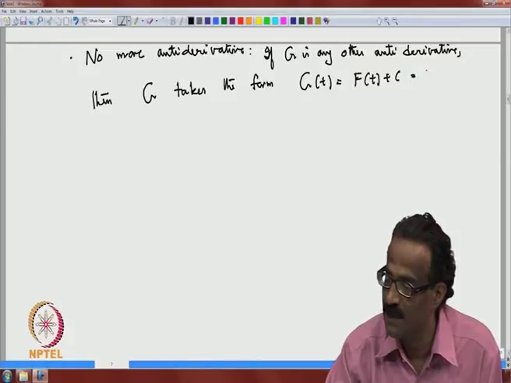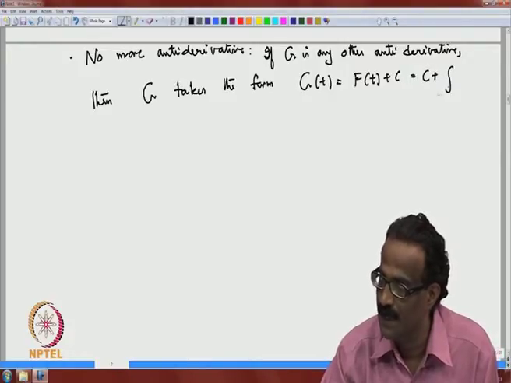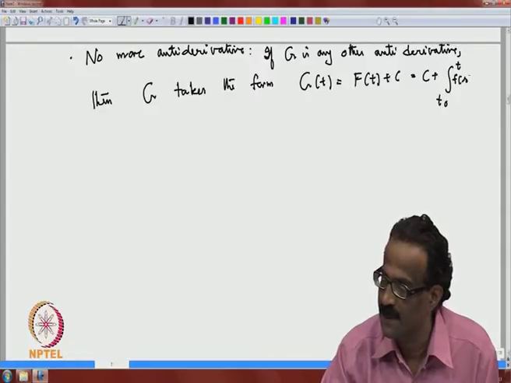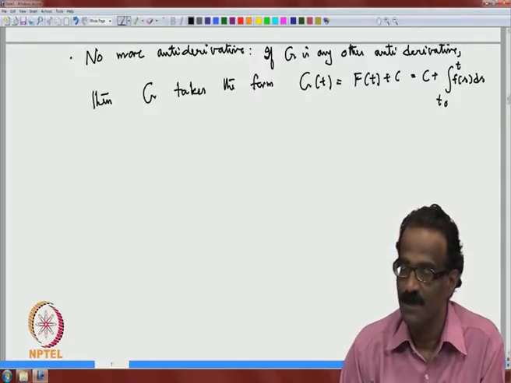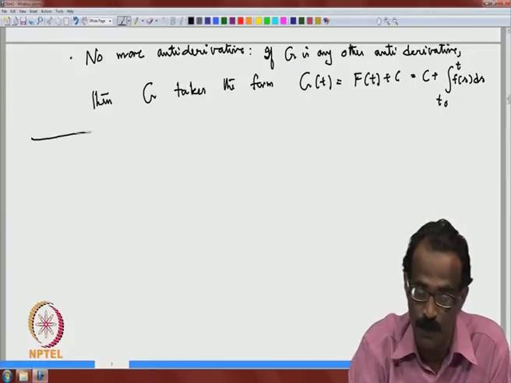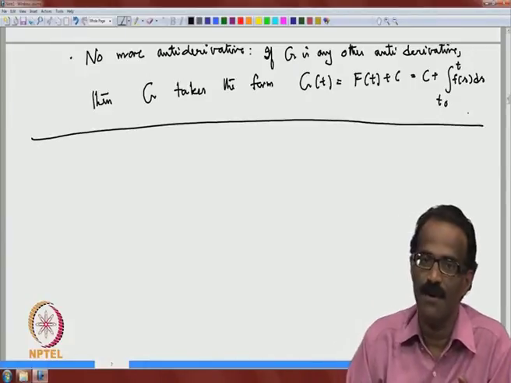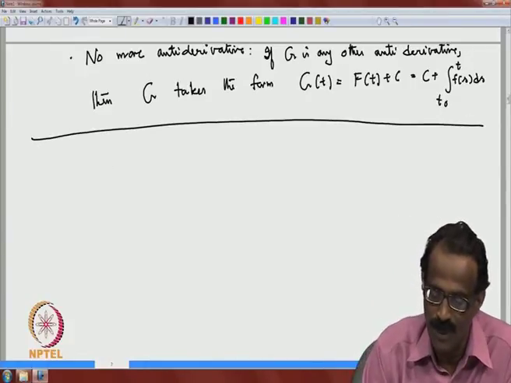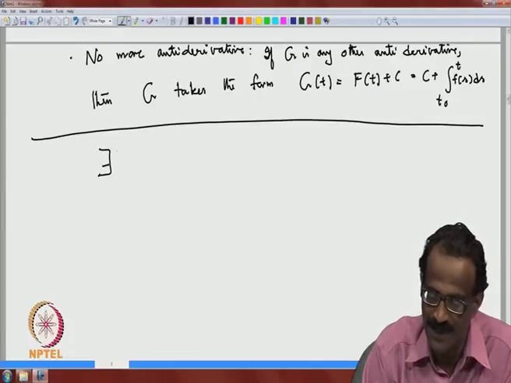That means this has to be of the form c plus the integral from t naught to t of f of s ds. You see. So, what you have eventually proved is that if you combine all that, you have a unique solution